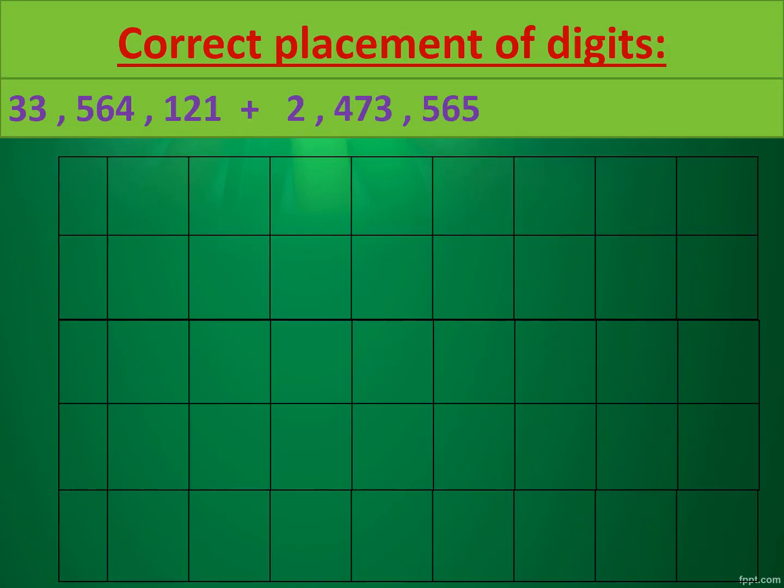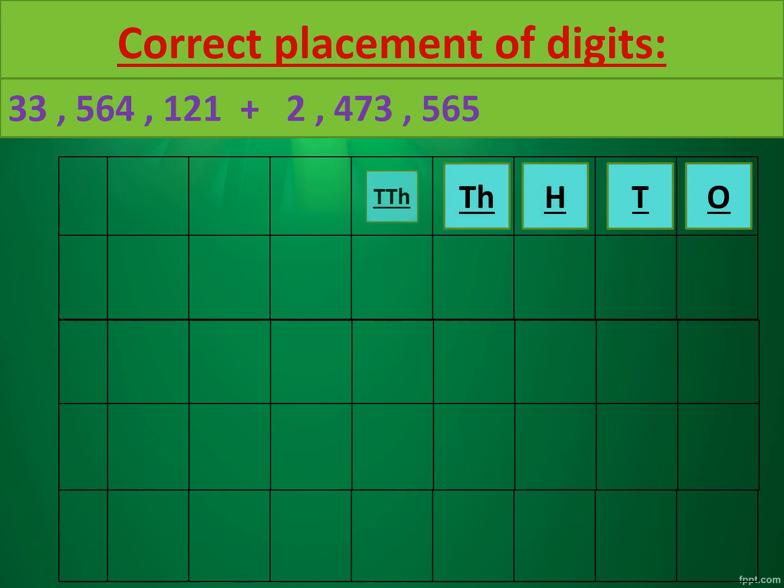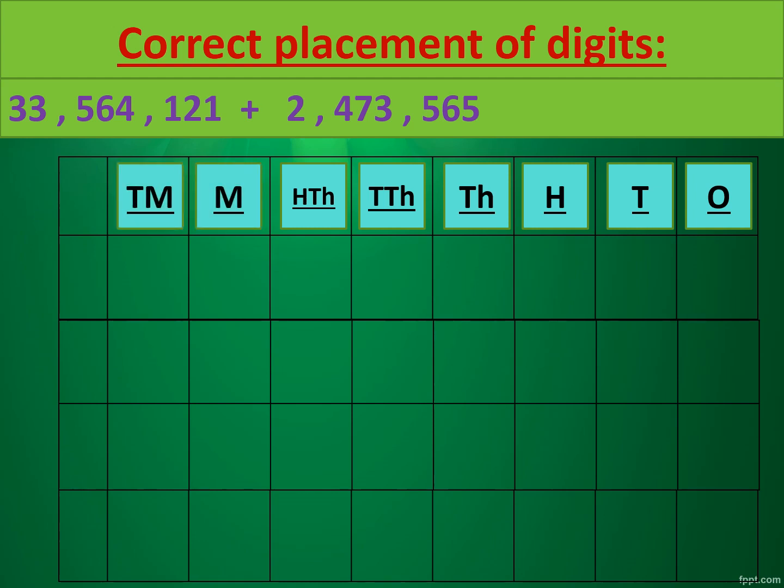Two numbers are given here and we have to add these two numbers. But before adding, the first step is to write all the digits of the given numbers vertically in their proper places. But before that, we will write place values at the top from the right side. So let's start writing the place values from the ones column: ones, tens, hundreds, thousands, 10,000s, 100,000s, millions and 10 millions. And then leave a line for your carry digits.